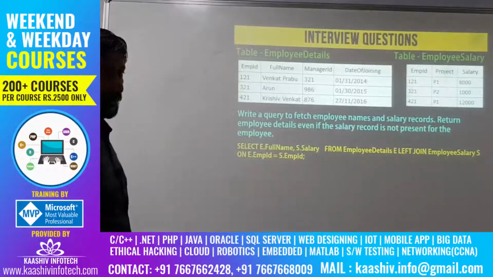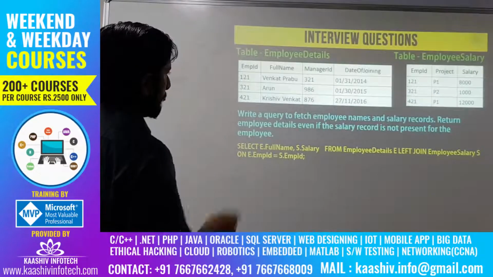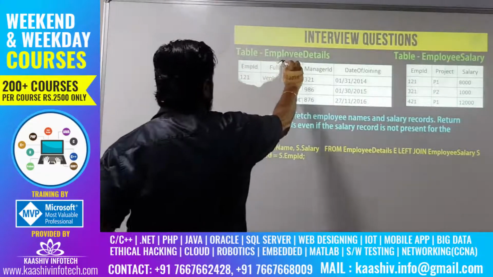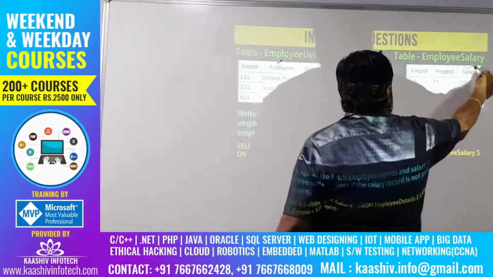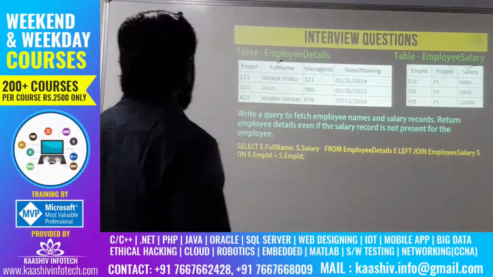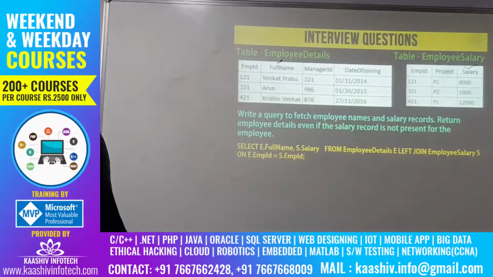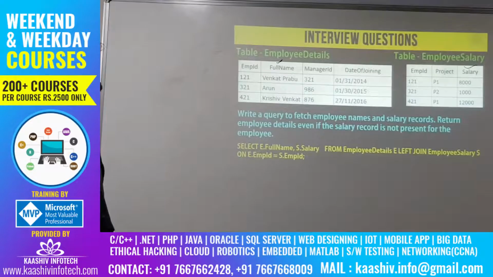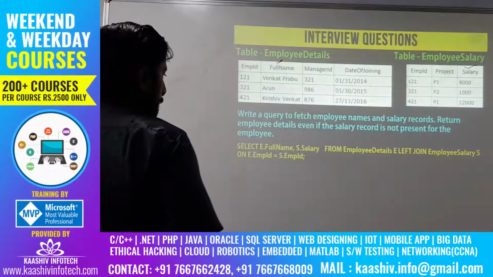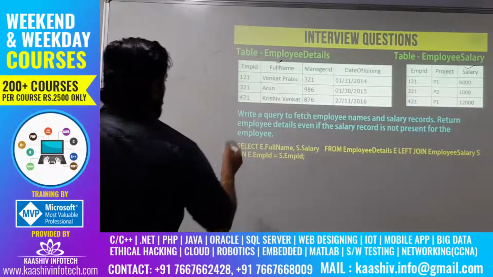Okay, write a query to fetch employee names and salary records. Return employee details even if the salary record is not present for the employee. Considering I don't have any salary record for an employee, for example,